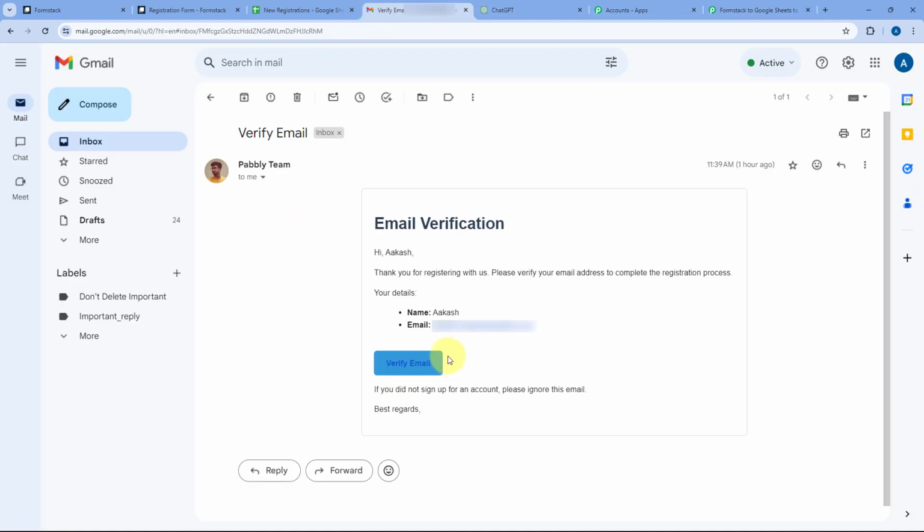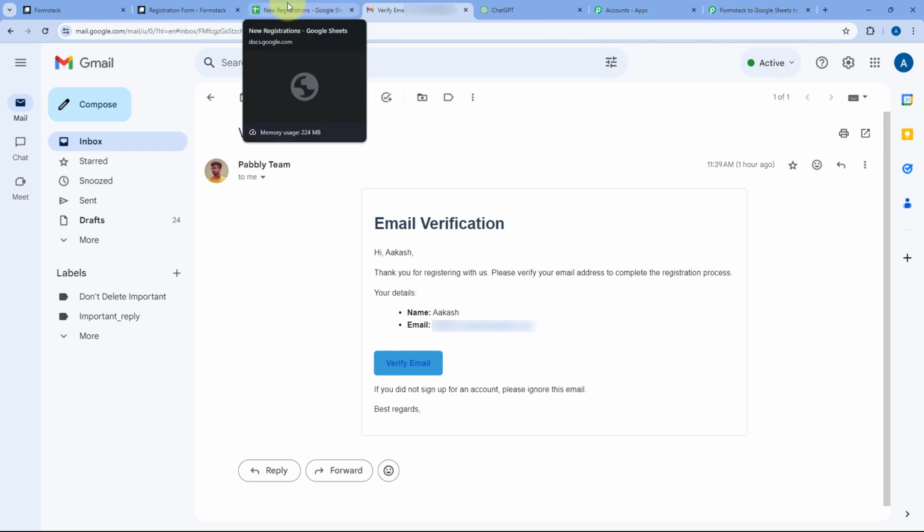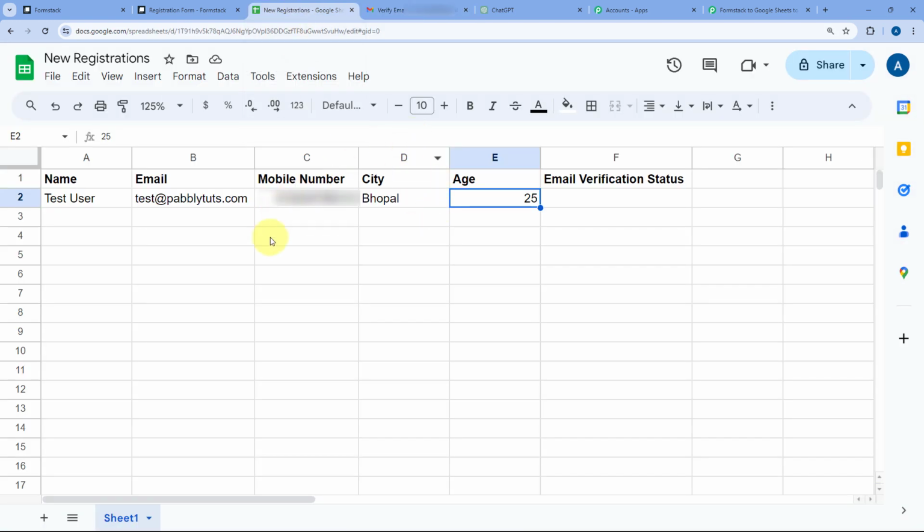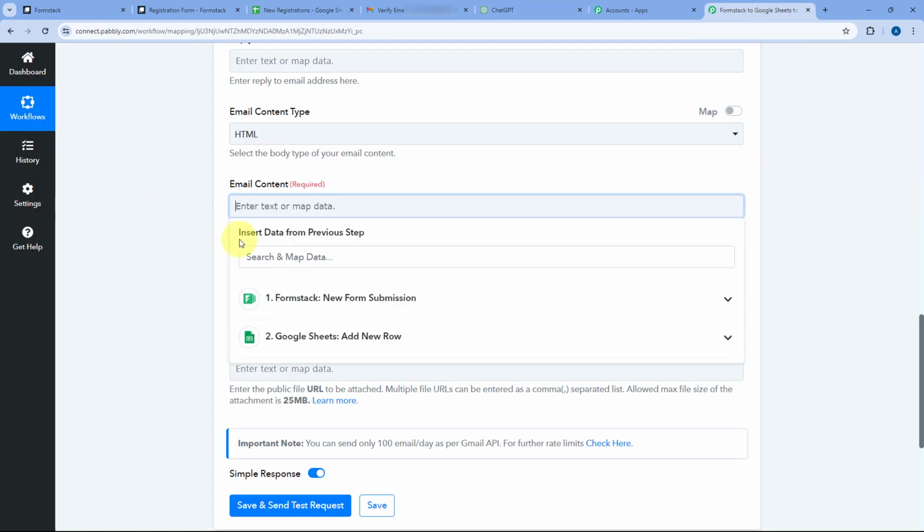By clicking on this button, a webhook response will be sent to the second automation workflow which we are going to create right now. And then after that, as we get the webhook response with the user details on the second automation workflow, we will be updating their details, or we will be updating their email verification status in our Google spreadsheet. Now, to create the email body in HTML format, what you can do, you can just use ChatGPT